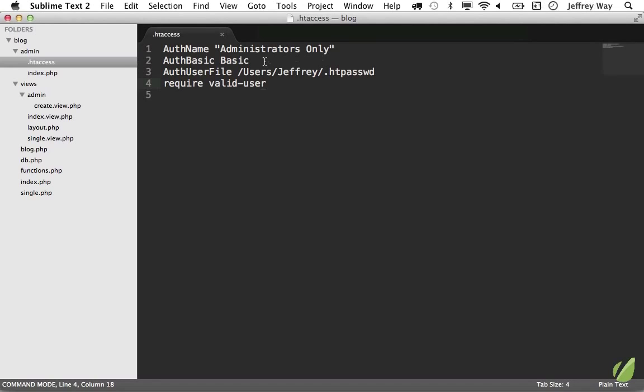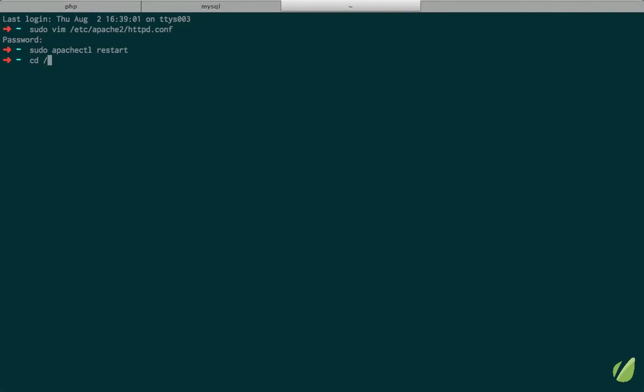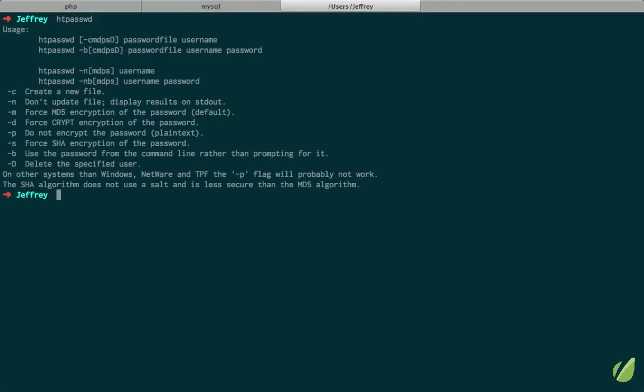So I'm going to close the htaccess file, and the next step is to create the htpasswd. So we go back to the terminal to do that. This time I'm going to browse once again to users, Jeffrey, and now if I have Apache installed, watch what happens if I run htpasswd. Notice that that's a built-in command that we can use. So in this case, what we want is the -c. We want to create a new file. So I'm going to run that,